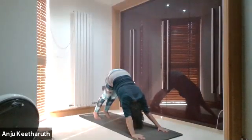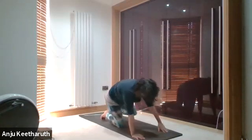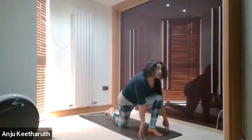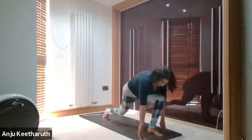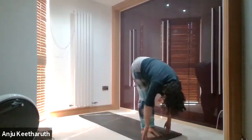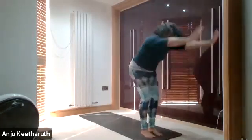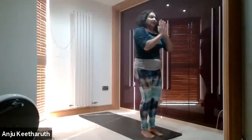And now we want the left foot in between the hands, so we can bring down the right knee first, and then bring the left foot in between the hands. Come on the tips of your fingers, looking up to the ceiling. And then with an exhalation, bring the back foot to meet the front foot into a little bit of a forward bend. And then with an inhalation, coming up, a little bit of a back bend, and then hands into